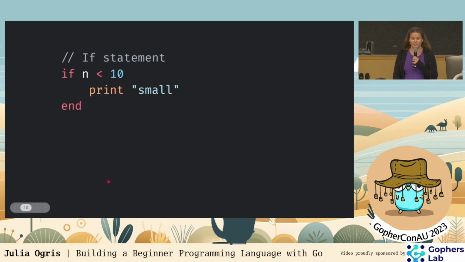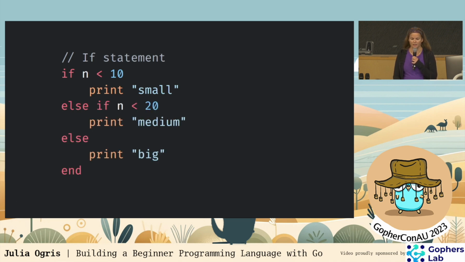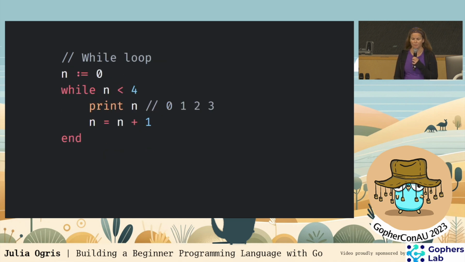An if statement starts with the if keyword, ends in the end keyword, has an optional else branch, and an optional repetition of else if branches. There is no case statement. Now loops. I first wanted to do loops like Go, just a single for loop, but I did some serious user acceptance testing with the little users in my home, and it turned out that the for loop is a little bit too dense a concept to get started with. It was easier to kind of lay it out a little bit more explicitly and just have a single condition. So once the while loop was clear, it was easier to translate it to a for loop and back again.